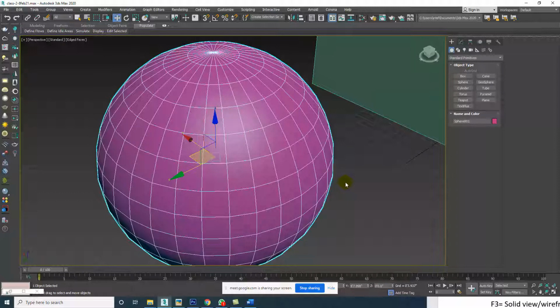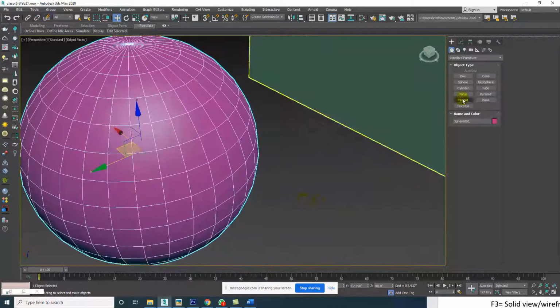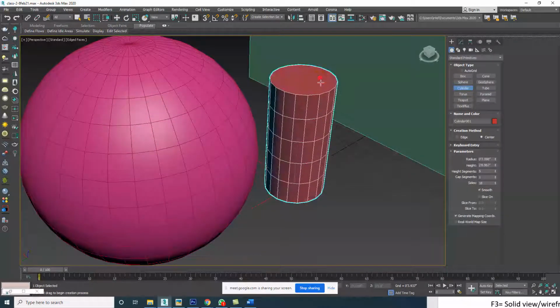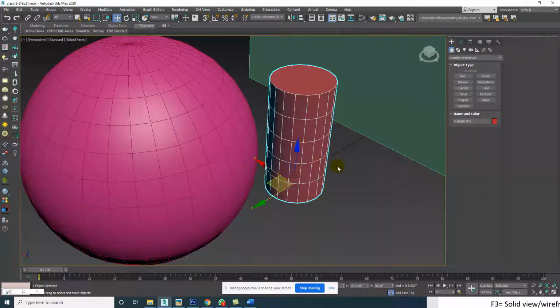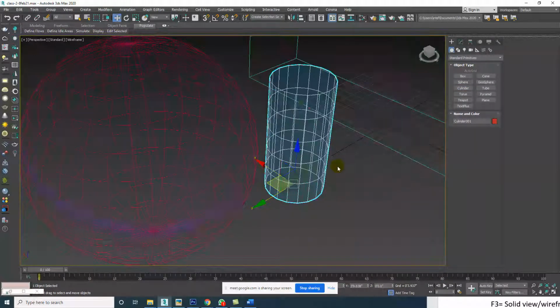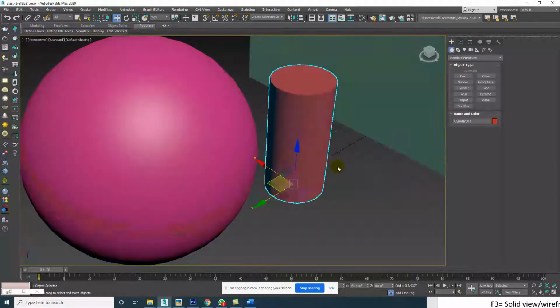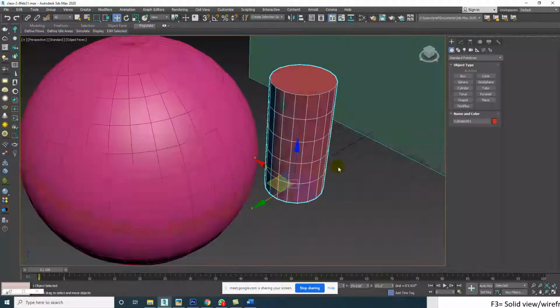Just create any object. You have 3ds Max installed, just go toward the right, create any object, sphere, cylinder, and just press this F3 F4 option. Just click on F3, see what it does, and what F4 does. Later on we will discuss how these lines, these edges, are going to help us with modeling or other things. Right now you just have to understand what F3 does and what F4 does.